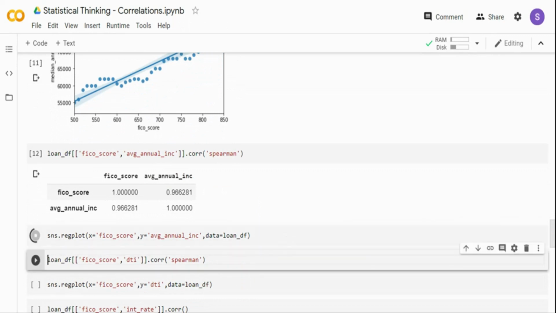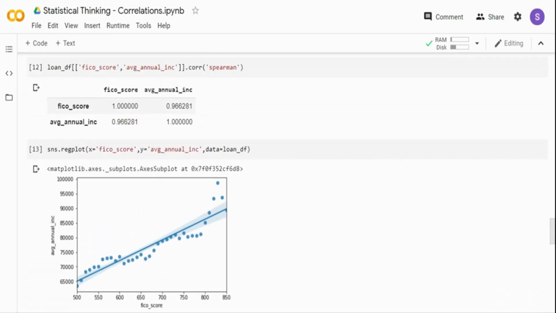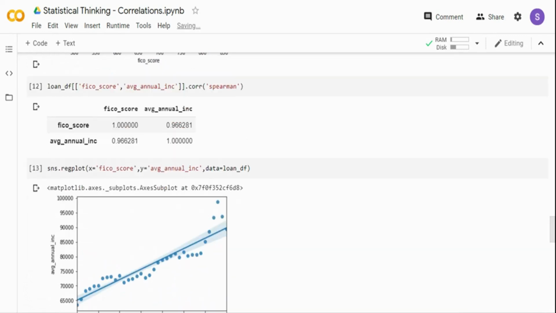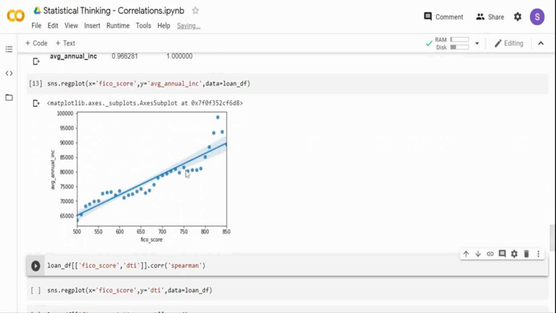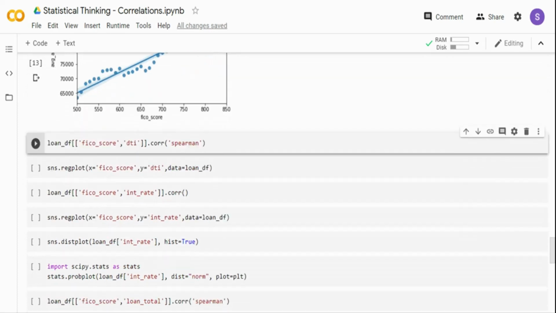Let me quickly visualize this one, and you can see almost the same graph. Compared to the top graph, most of the points over here are away from the line. But when you come down, the points started touching the line and are relatively closer to it, but there are still outliers. Three or four points are still outside of the line, right? So this is a case where there's a strong linear correlation.